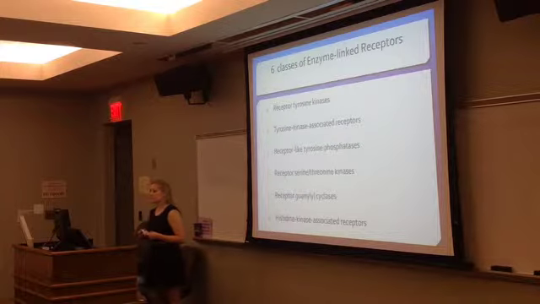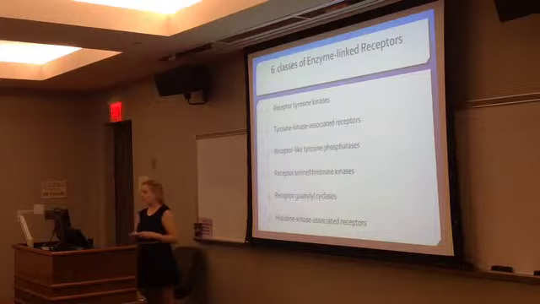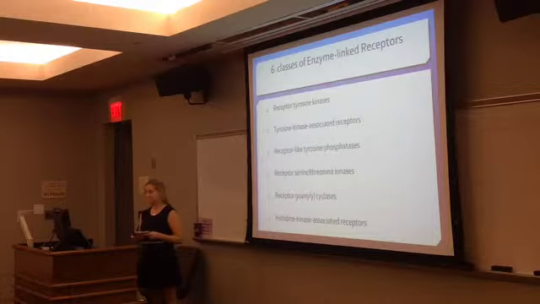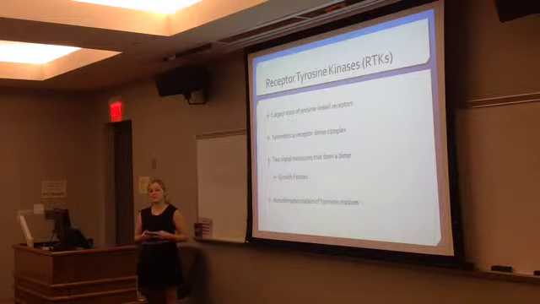There are 6 classes of enzyme-linked receptors. These are the receptor tyrosine kinases, the tyrosine kinase-associated receptors, receptor-like tyrosine phosphatases, receptor serine threonine kinases, receptor guanylyl cyclases, and histidine kinase-associated receptors. The first enzyme-linked receptor I'll be talking about is the receptor tyrosine kinase, which is the